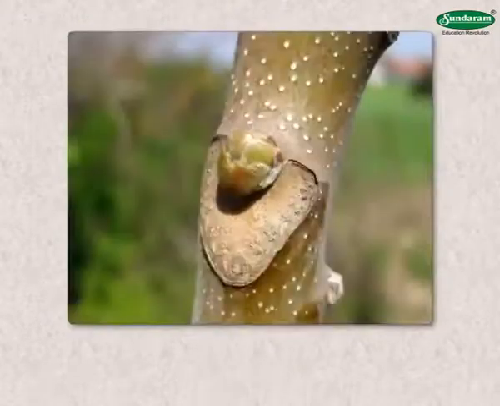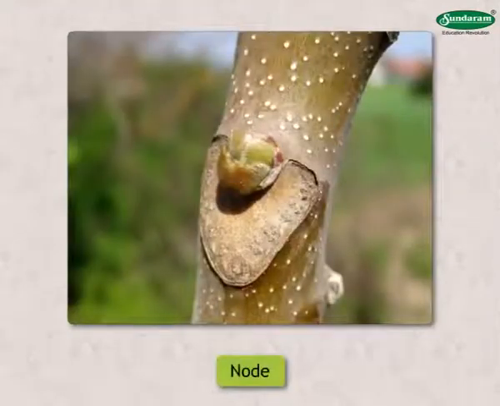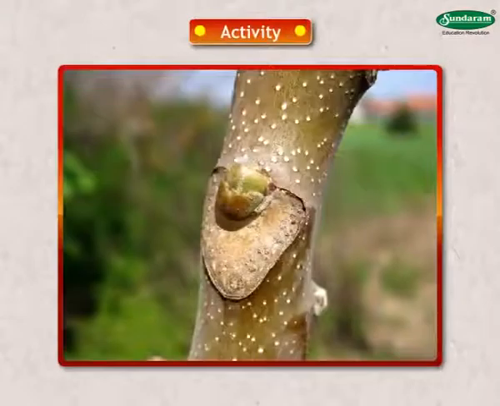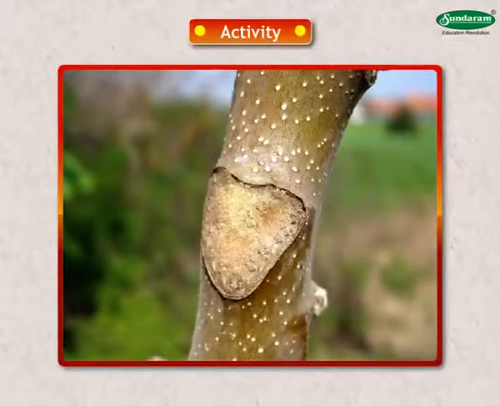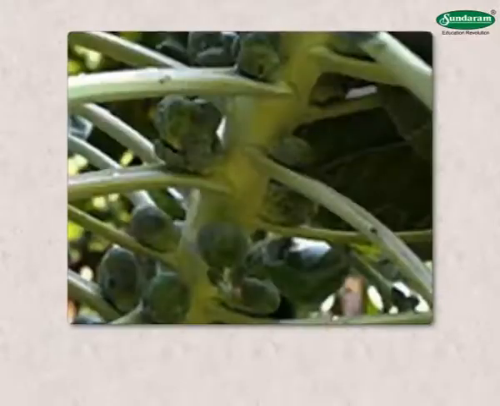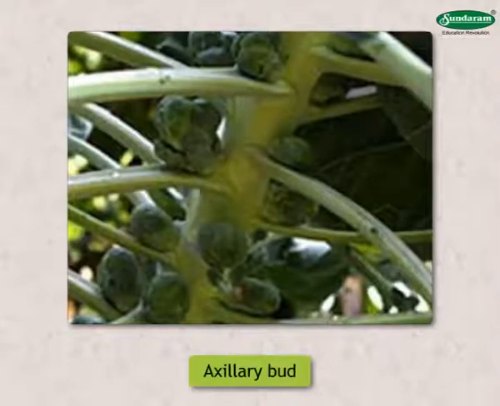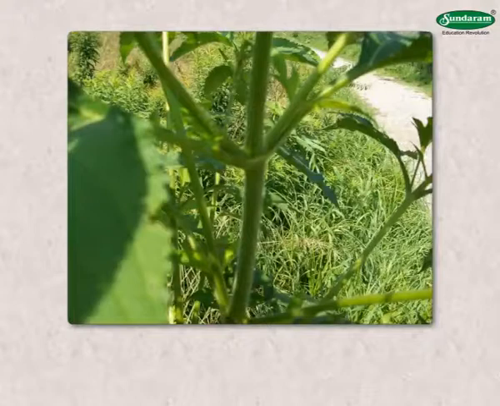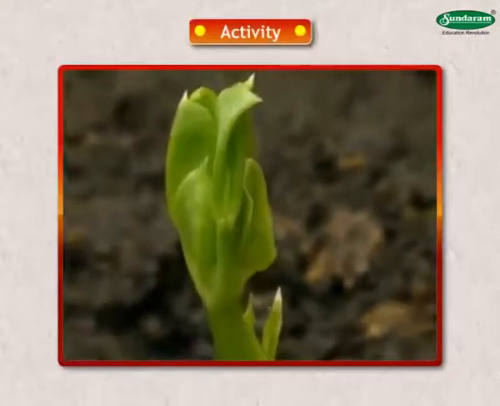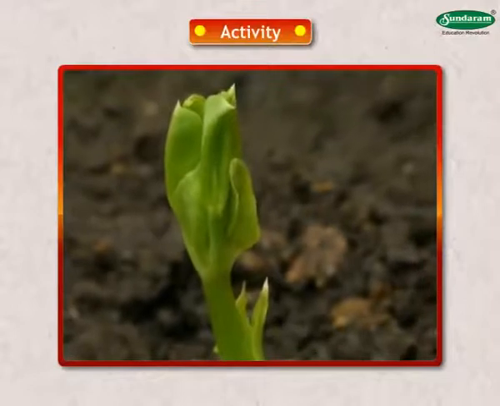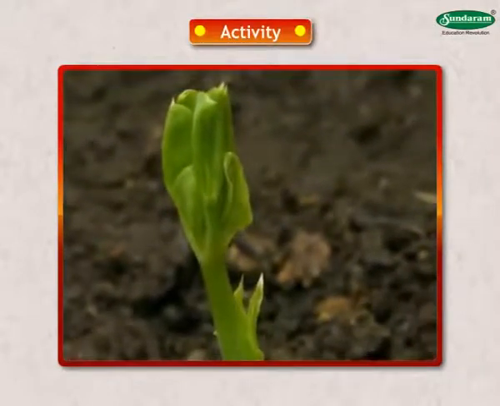See for yourself. Observe the branch of any stem. First find the location of a node on the stem. You will see leaves there. Remove the leaf from a node. You will see a bud sprouting in the angle between the stem and the leaf. This angle is called axil, and the bud, axillary bud. It grows into a branch. There is a similar bud at the top of the stem too. The stem grows taller from this bud.